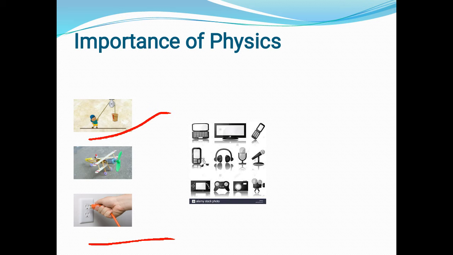Consider means of transportation such as car and aeroplanes, domestic appliances such as air conditioner, refrigerator, vacuum cleaners, washing machines, and microwave oven. Similarly, the means of communication such as radio, TV, telephone, computer, and mobiles are the result of application of physics. These devices have made our lives much easier, faster, and more comfortable than the past.